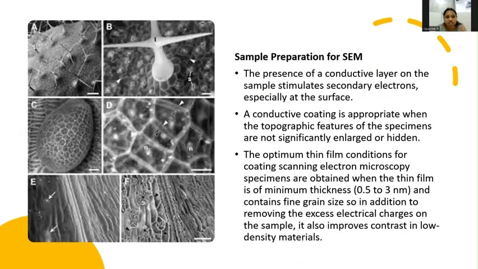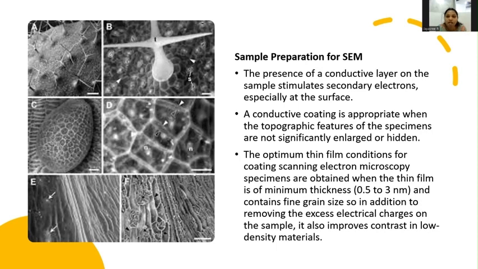So here you can see various images taken from the scanning electron microscopy. Most of these images are of non-conductive samples, like some organic samples, cellular structures, plant samples. Many examples I have just randomly taken from the internet and put here. So how you are adjusting the contrast of the image to get a good